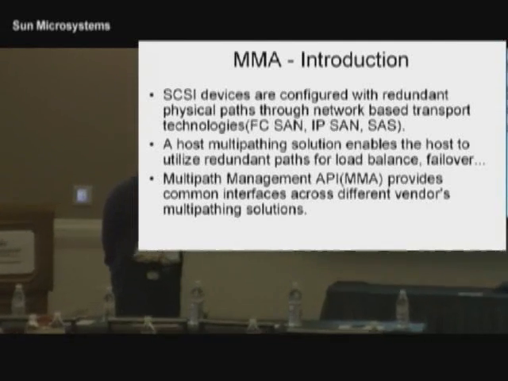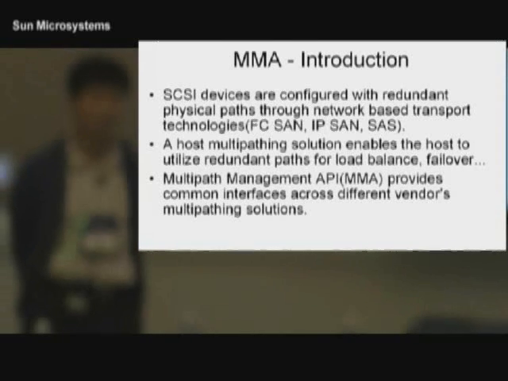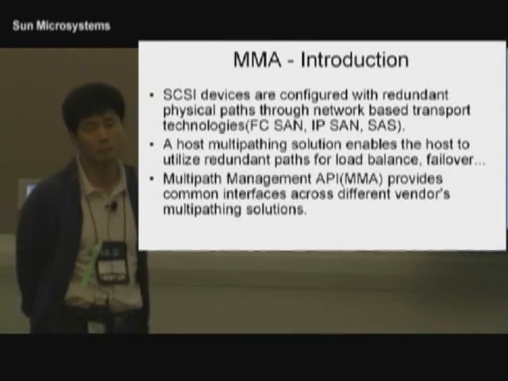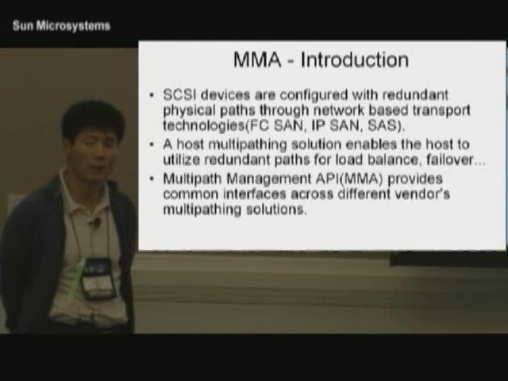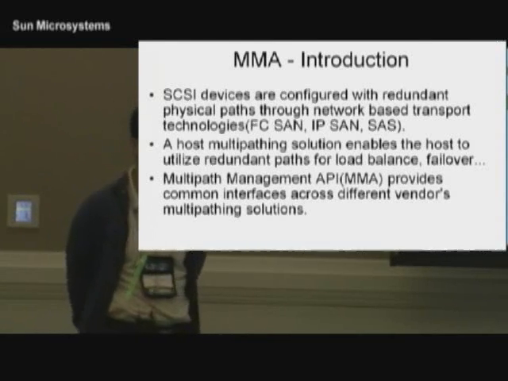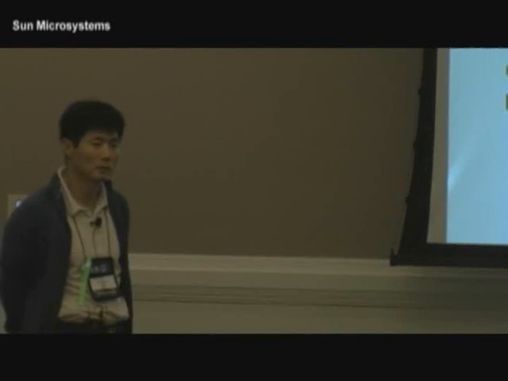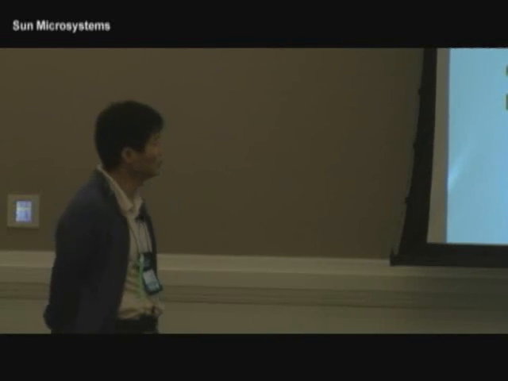And the OS vendor or the array vendor provides some host-based multipathing solution like DMP, PowerPath and Solaris MPxIO to enable the host to take advantage of those multiple paths. And the vendor's multipathing solution typically provides their own interfaces for the multipath discovery, load balance and failover,